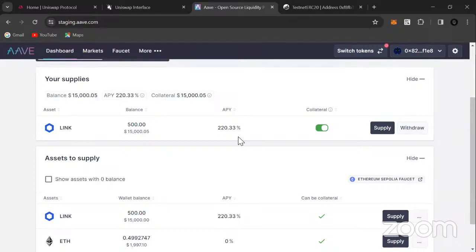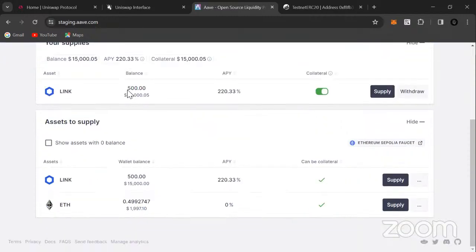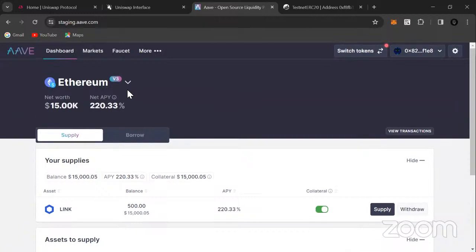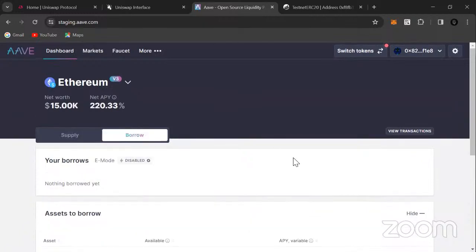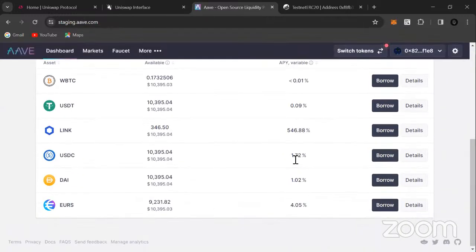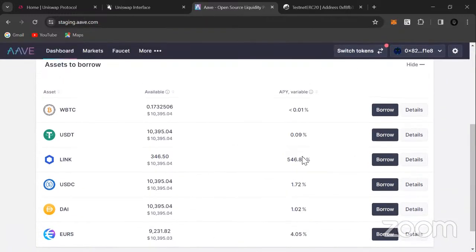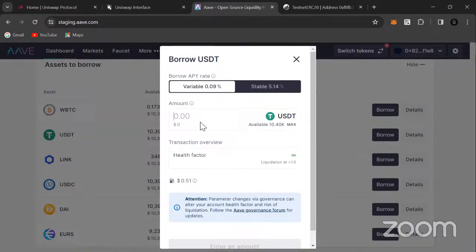Besides lending tokens, you can also borrow tokens from Aave, right? See this supply. If you come to borrow, you can also borrow tokens from Aave. You can borrow any of them, for instance, let's try to borrow USDT. Of course, we have to pay back, so we'll borrow something very small, even if it's on the testnet, right?